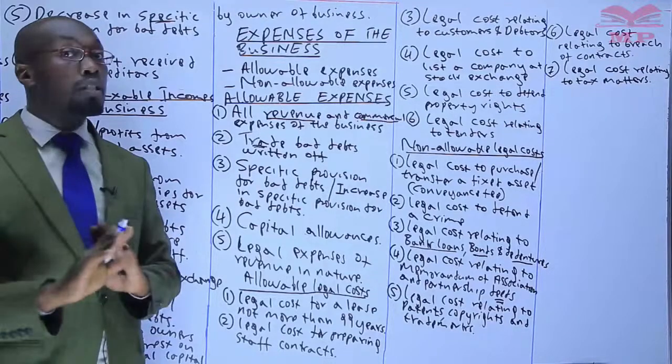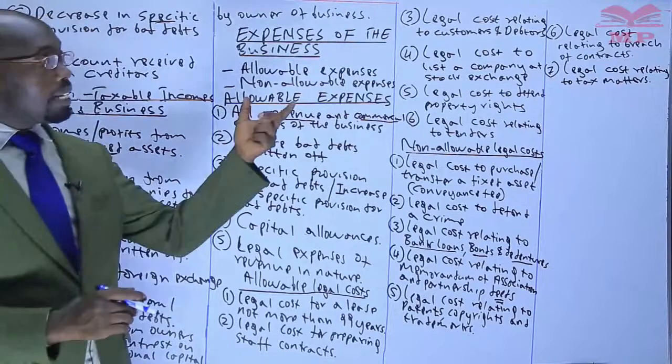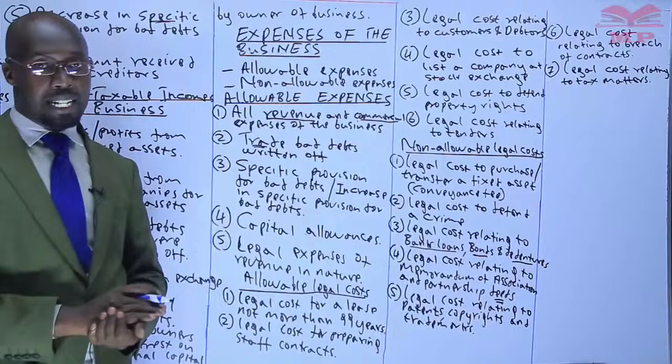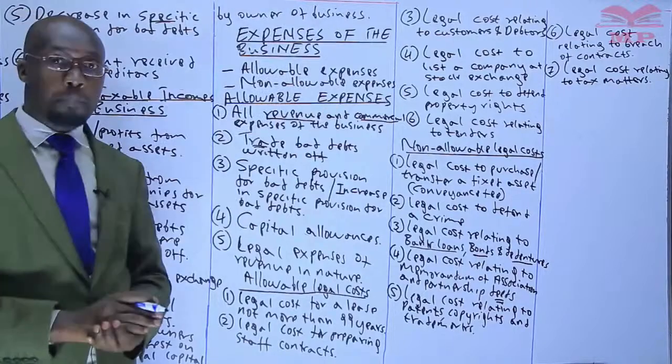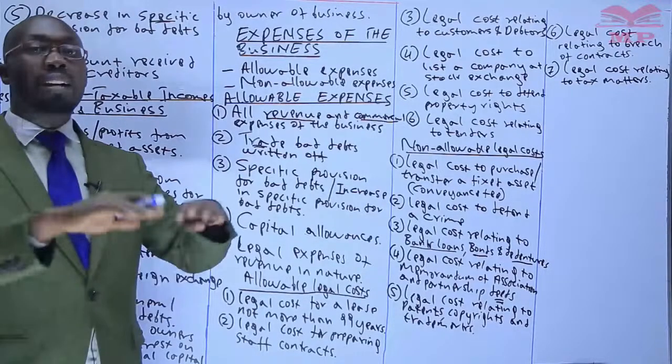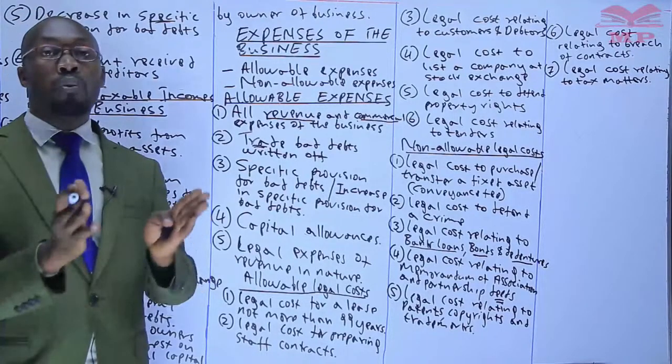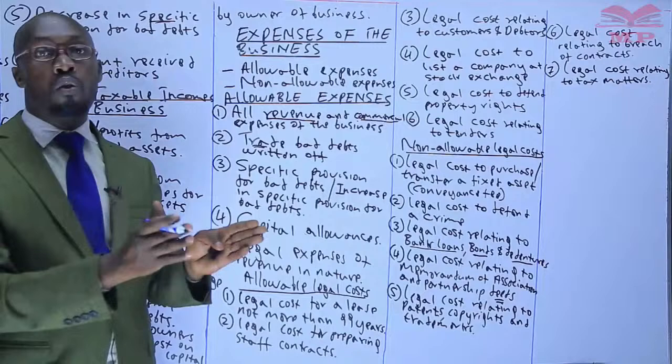And this we are going to learn. It does not just restrict itself to the tax matters or legal costs relating to tax matters. It also says that all other expenses, as long as they are connected to tax, they are usually not supposed to be allowable because it's assumed you are the one who is supposed to handle your own tax issues.